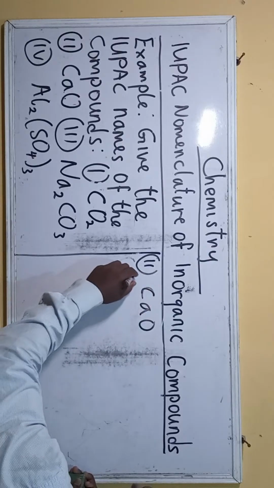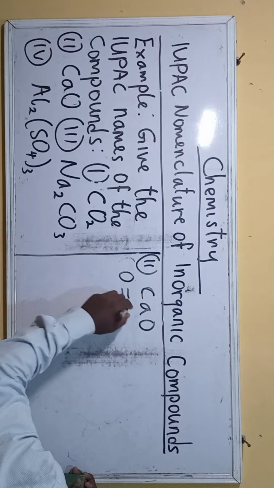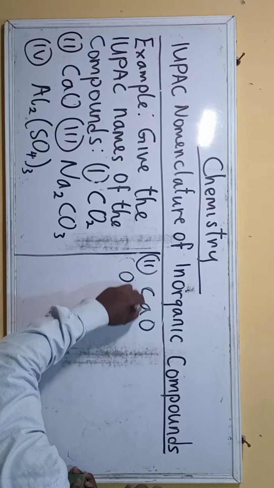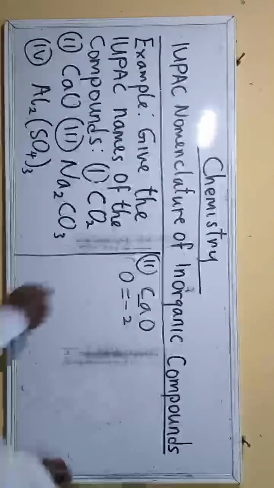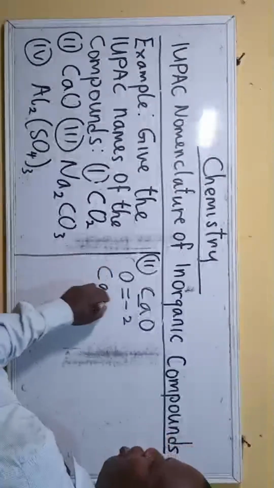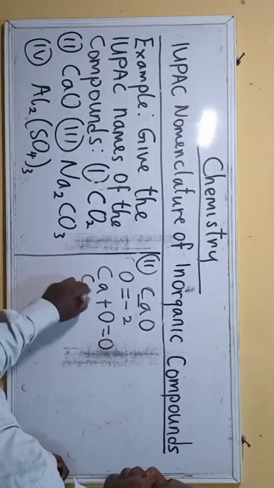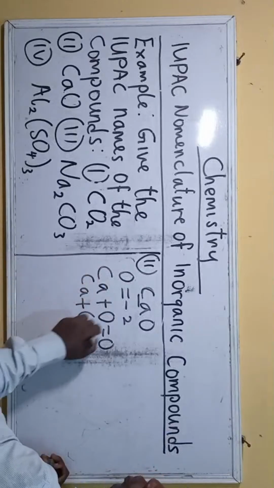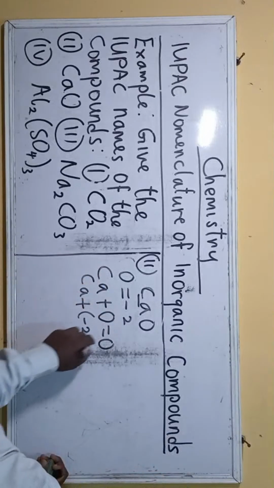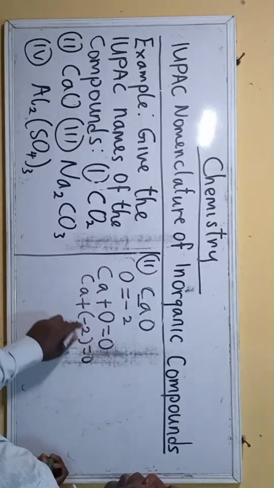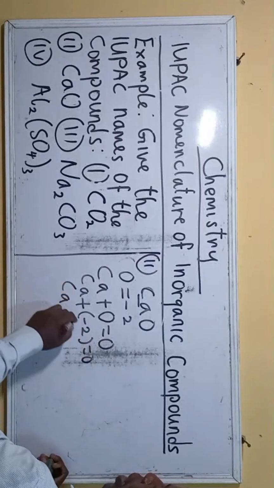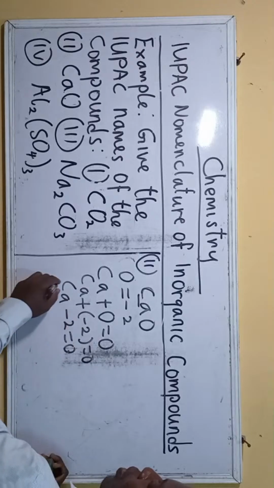Now, the oxidation number for oxygen is -2. So I'll make Ca the subject of the formula. It will be Ca plus O equals 0. Here I have Ca plus -2 equals 0. Plus times minus is minus. I have -2 equals 0. So Ca will be